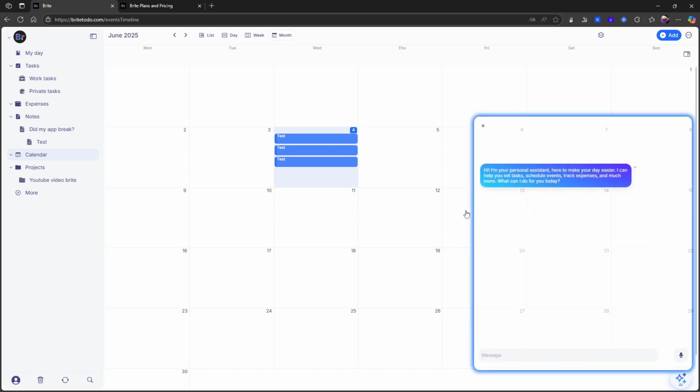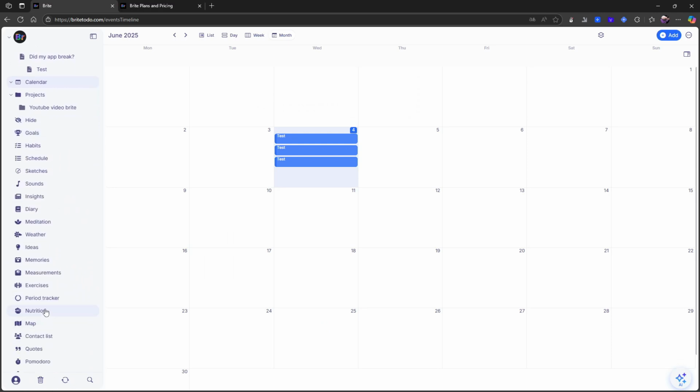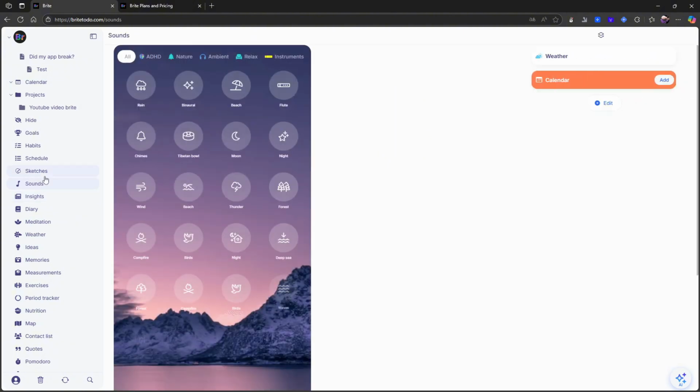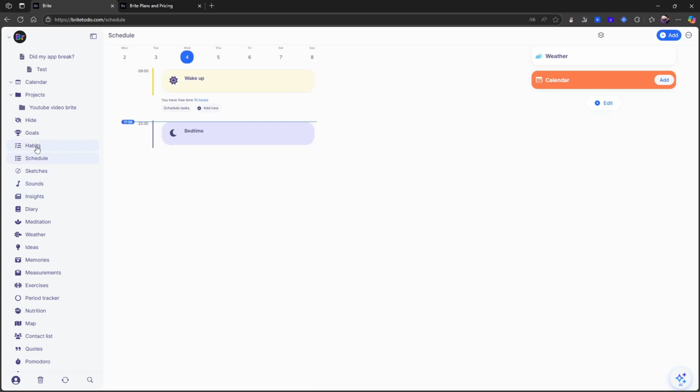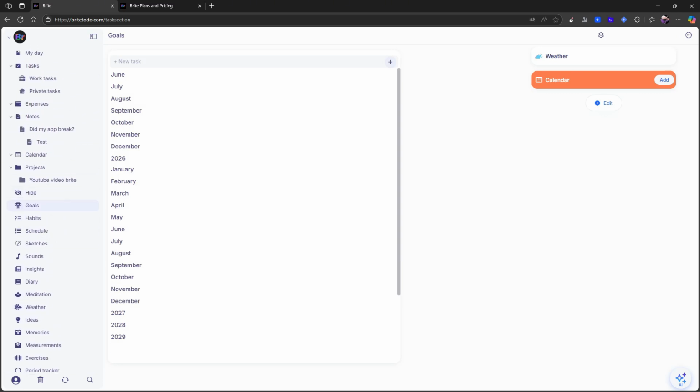There are some AI abilities here as well. Not something I'm going to test out. I am so tired of testing out AI abilities inside of different applications, but having AI for the price of like $4 each month is really, really cheap. So apart from that, you have everything from a period tracker to ideas to meditation, insights, sounds, if you want focus sounds, and they've added many more sounds as well. You have schedule, you have habits, you have goals,